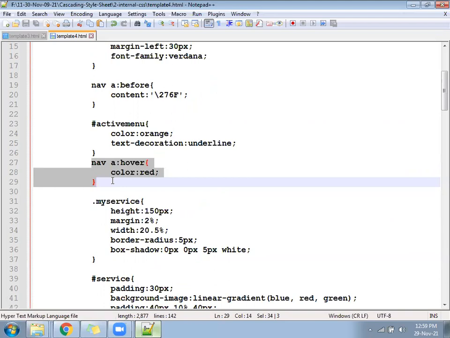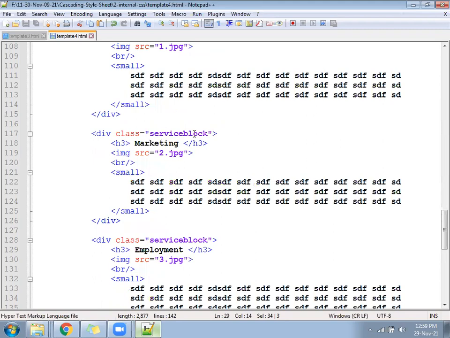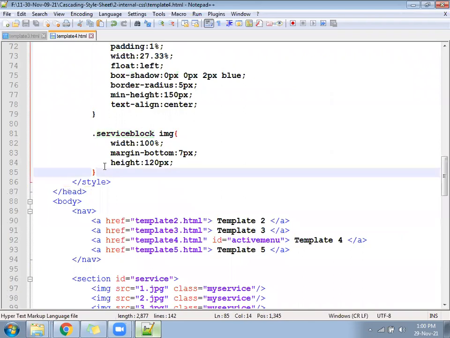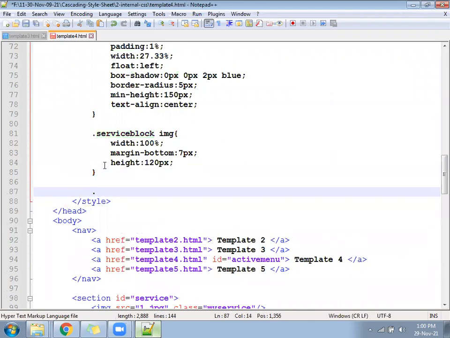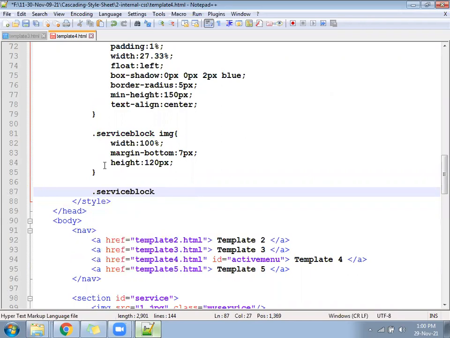Now we are saying, once the mouse moves to the service block, then its child will get affected. Look here. What you will do is write dot service block. After that, what should we write? Not H3 directly, H3 is inside.